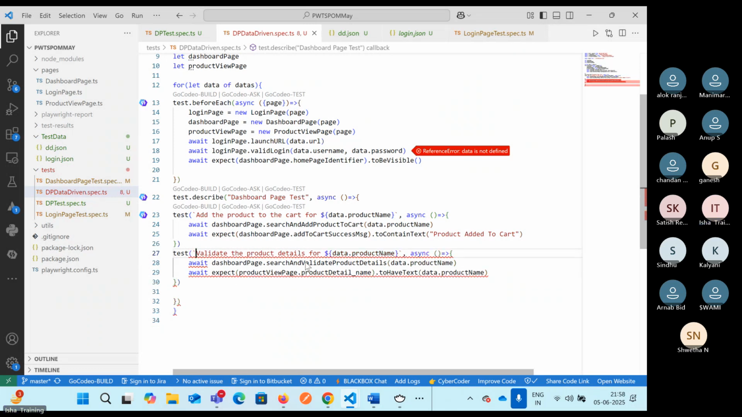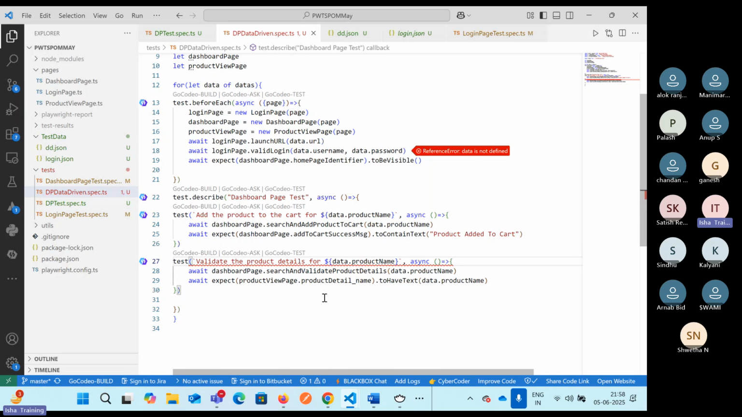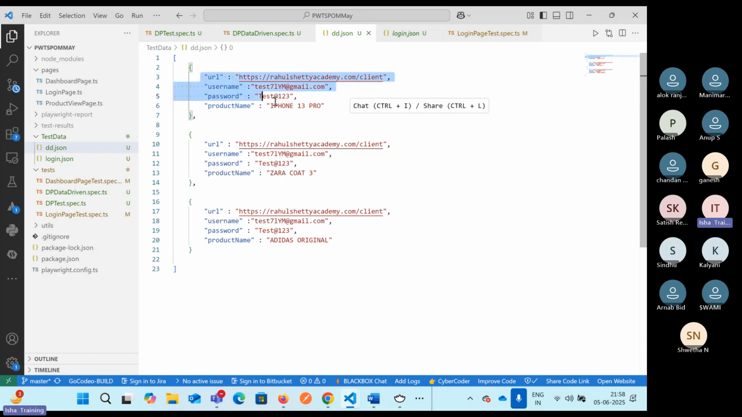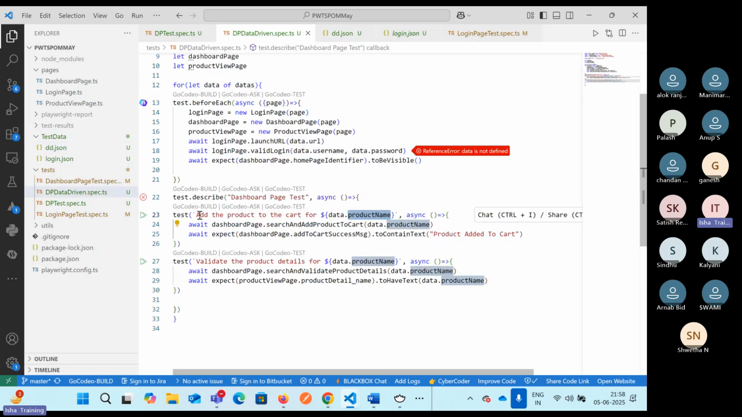Now, when we have parameterized our test title, our product name is unique for every data that we have defined over here, which is first time this one, second time this one, and third time this one. So it goes inside this and will generate a title as